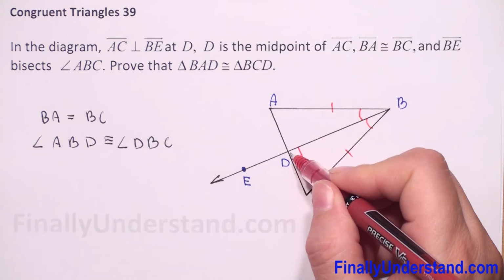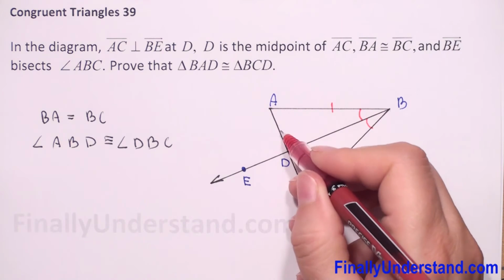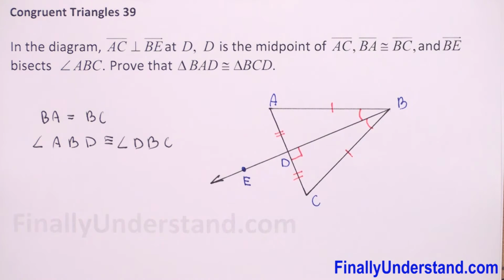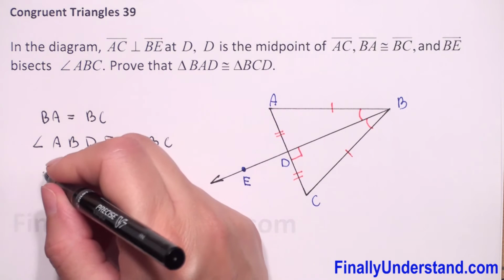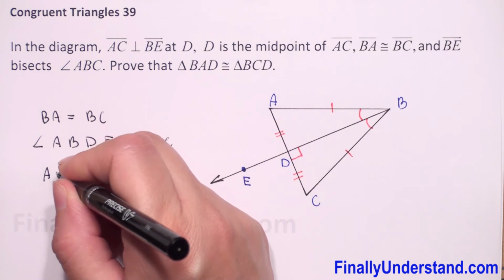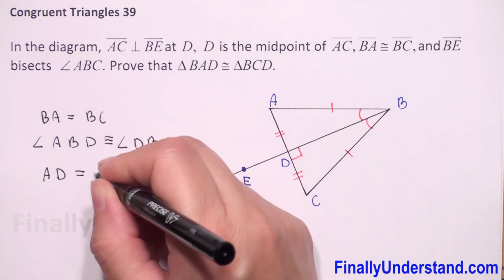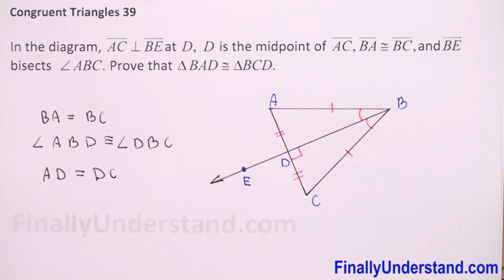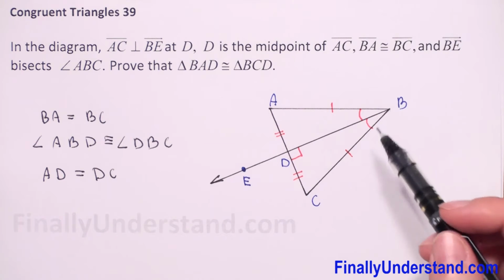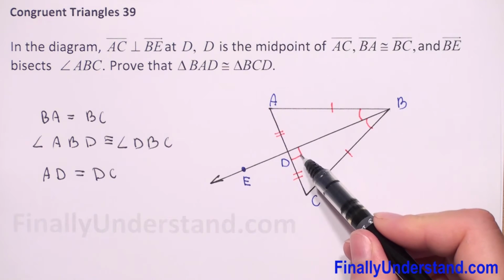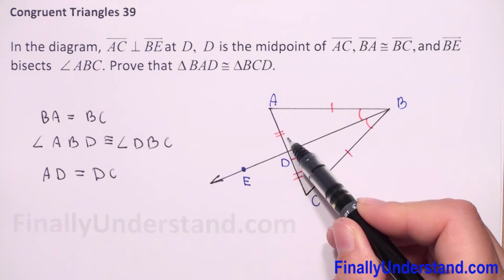segment AD is equal to segment DC. So we can write that AD is equal to DC. We have here two right triangles, because here we have a right angle, it means on the other side we